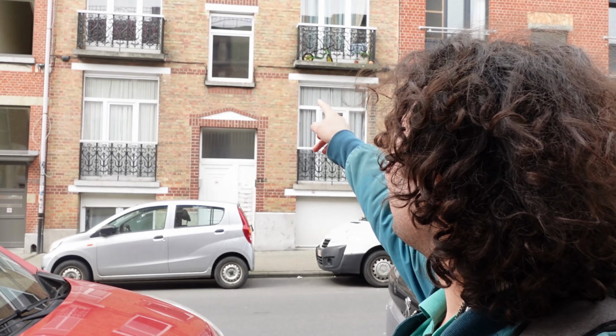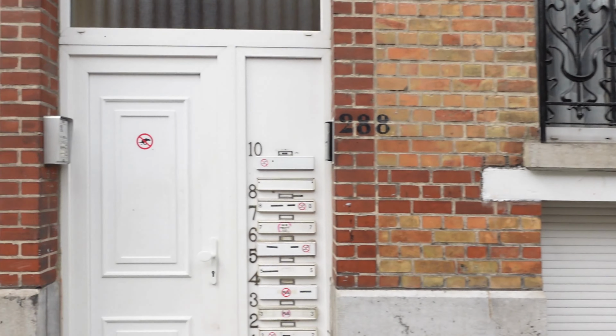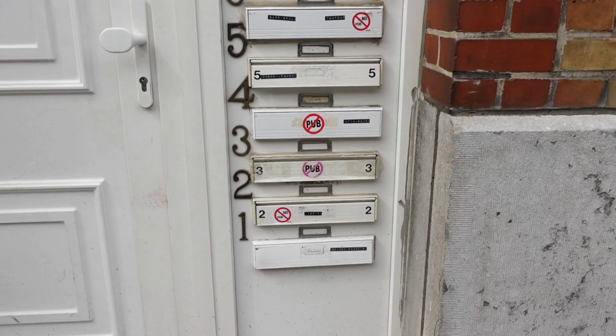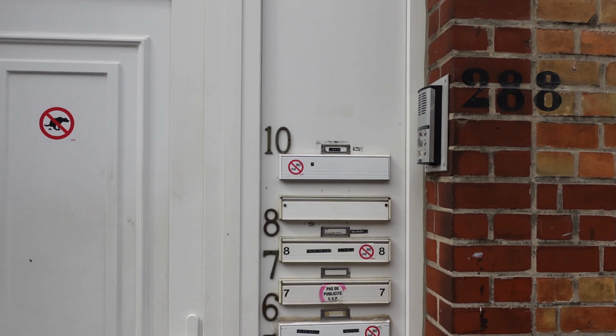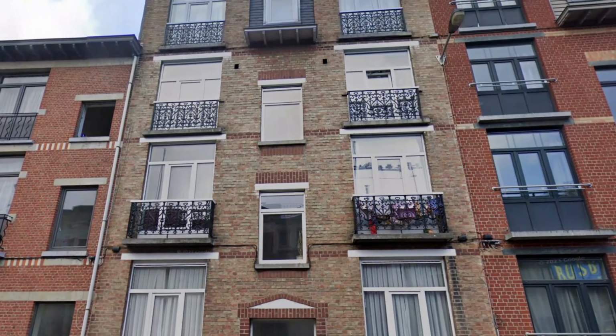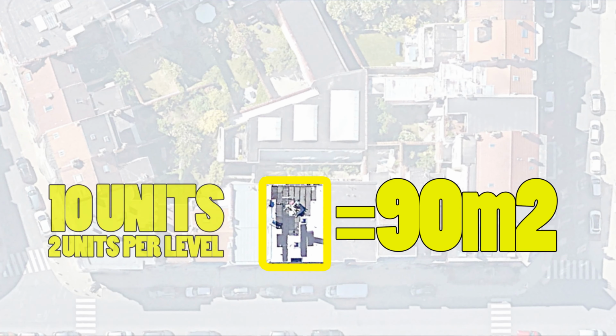It's like 10 meters wide. Right over here, we have 10 apartments. I mean, we have 10 different living units. Probably most of it studios, small ones, 30 square meters. You can see 1, 2, 3, 4, 5, 6, 9, 10. This 5-story building, including semi-underground level and attic, has a floor plan with about 90 square meters, and it fits 10